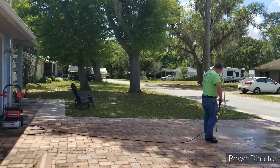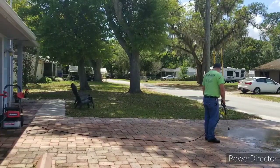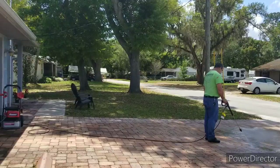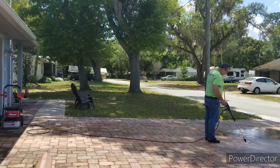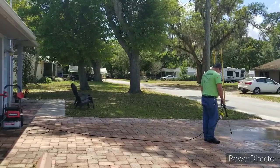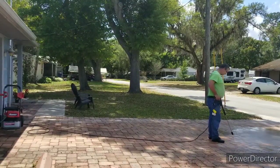I don't know what else I can say about this, but I found a coupon and got this for $159. The cheapest gas-powered pressure washer is $250. On Craigslist, they're 150 used, and half of them don't have good hoses and stuff. I saw that they do have parts, with the hose being the